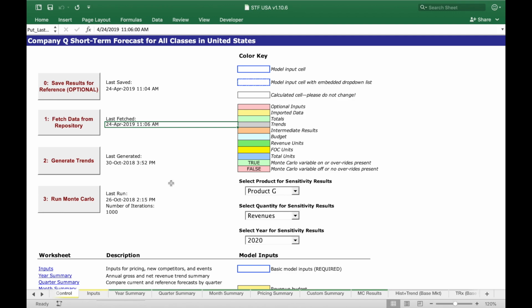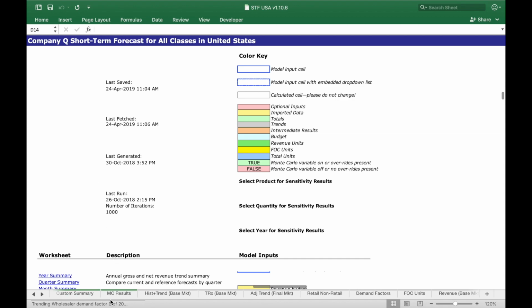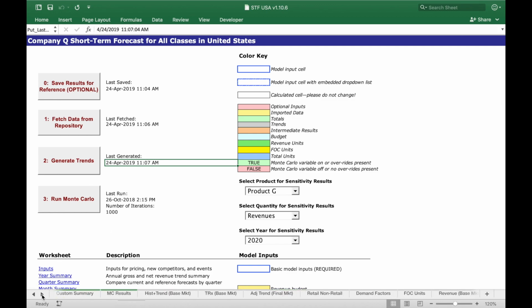So back on the Control tab, if we press button number 2, Generate Trends, this will create a trend for every element in the short-term forecaster model for which we need trends. Okay, now that that's completed, you'll notice that the time and date stamp next to that button has been updated also. Now I'm going to skip over to the right a number of tabs to the second